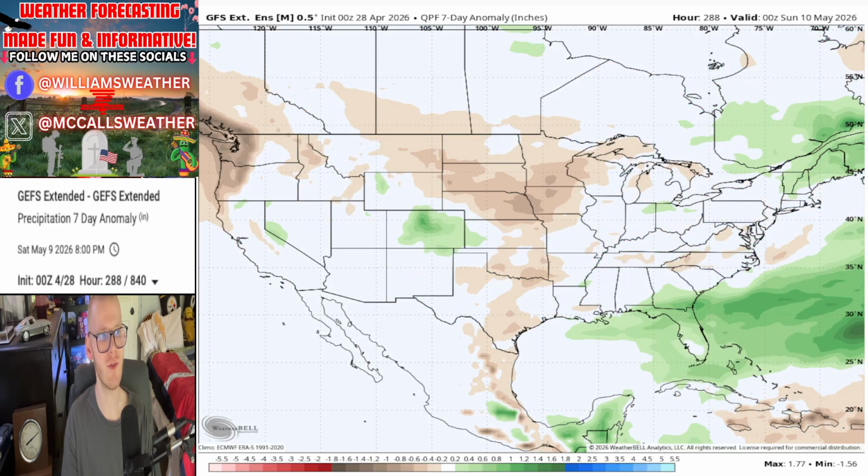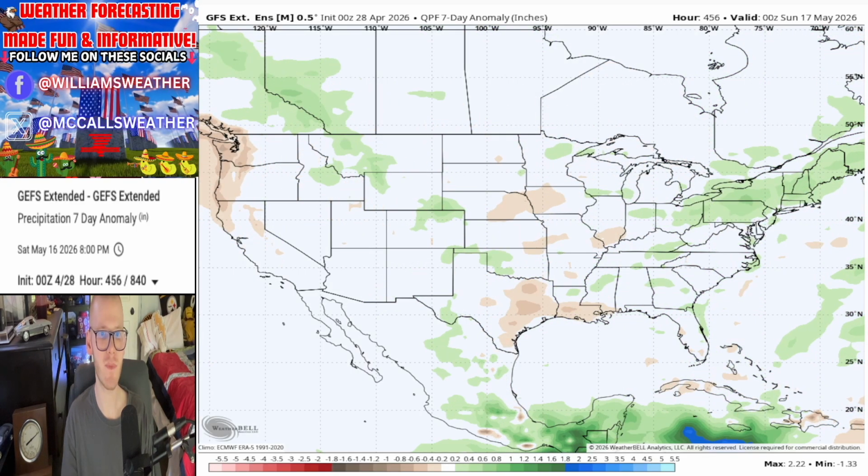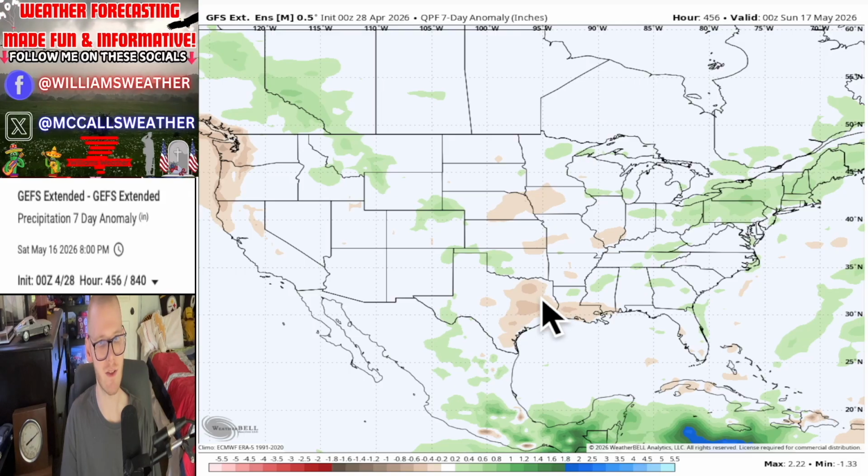Now, as we head into the middle of the month, let's say the 16th time frame, we can see there's a lot more uncertainties on the map, hence more whites. But we can see the Northeast and over here in the Great Lakes is going to be above average. The Southeast, mixed bag. Down here by Texas and Louisiana, sort of drying out a little bit. West Coast is going to be dry. Montana, y'all going to be above average, but the rest of the country is looking to be a mixed bag.